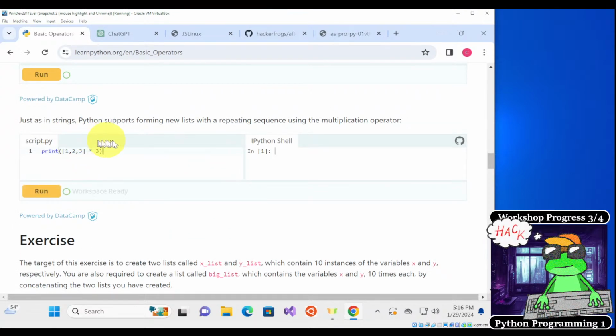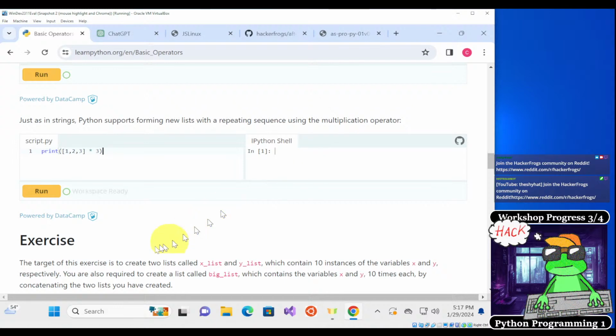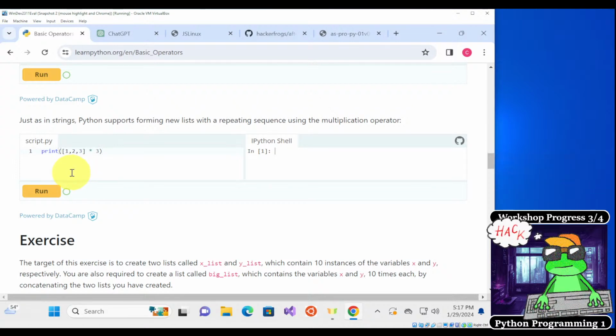So just like strings, Python supports forming new lists with repeating sequences using the multiplication operator. So here, we're going to print this number list 1, 2, 3 times 3. It's going to give us the list 3 times. It's not going to multiply the numbers inside the list, because it wouldn't work if this list didn't have numbers.